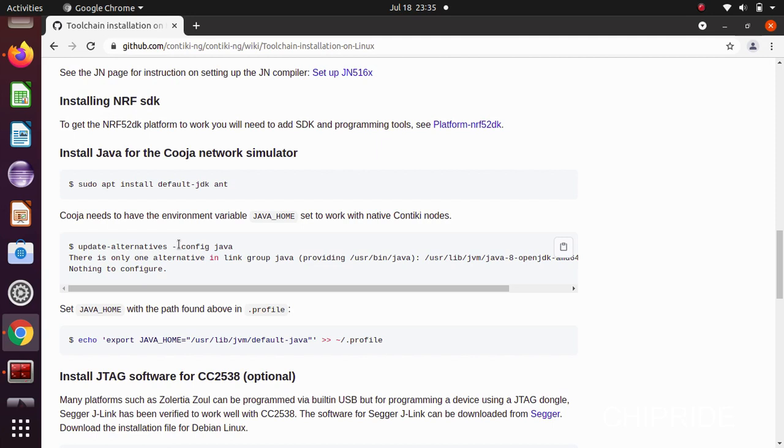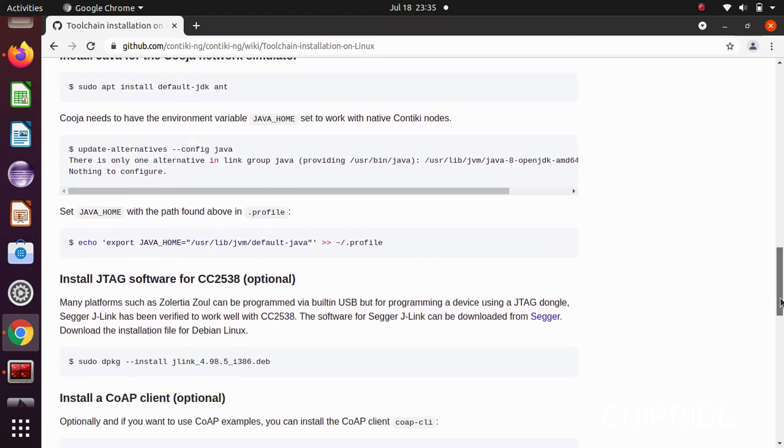You can see here, when you run this command, update-alternatives --config java, you will be asked to select the Java which is installed in your Linux. If you don't have Java 8, you can install Java 8, and then you have to configure Java 8 for Cooja. If not, Cooja will not run.